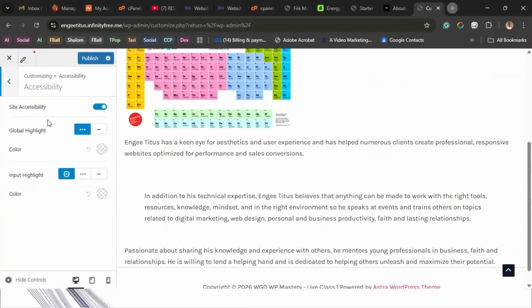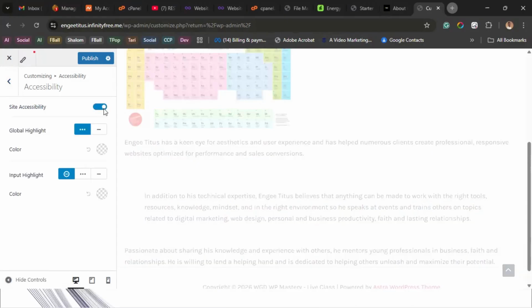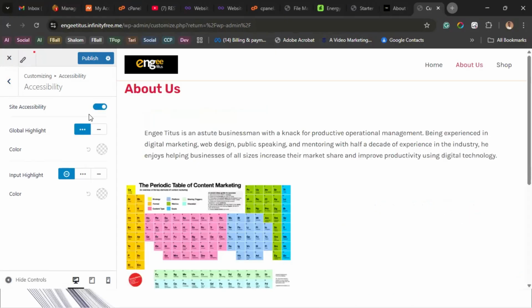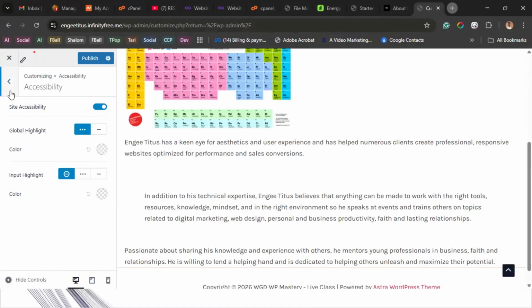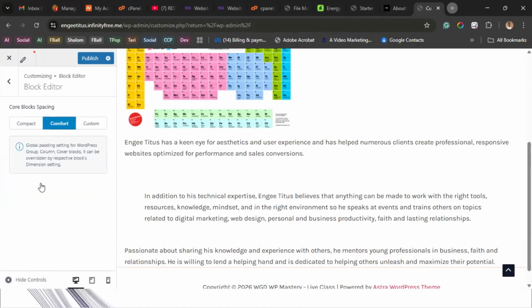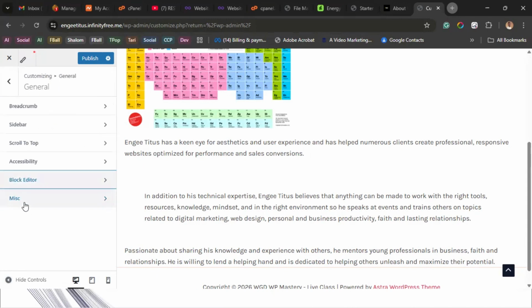Accessibility, global highlights, inputs, site accessibility, that's for Google. Okay. So you get that sorted. Then block editor, then miscellaneous. Once you start, if you install other plugins, you see some other features for miscellaneous, like the shop